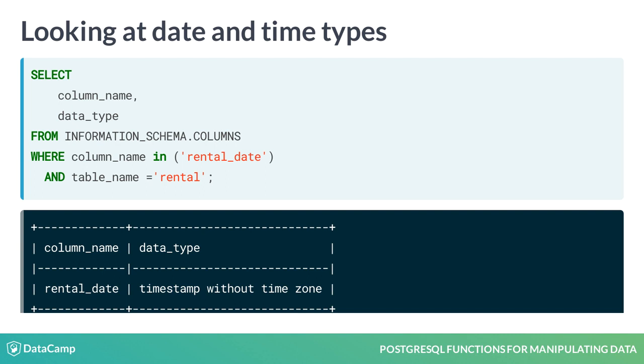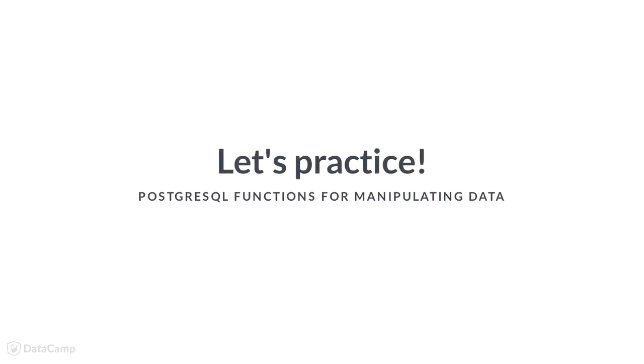PostgreSQL provides you with the ability to store timestamp and time data types with or without a time zone. While this comes in handy in certain situations, most of the time you'll work with timestamp values without a time zone, which is the default behavior. Now it's your turn. Let's take a closer look at date and time data types